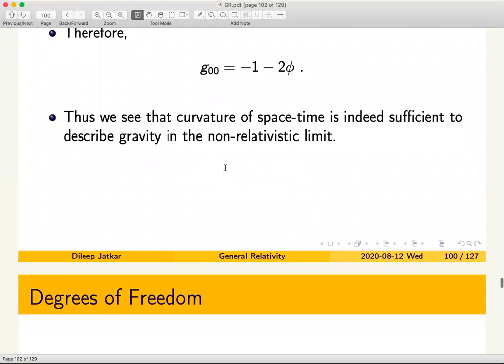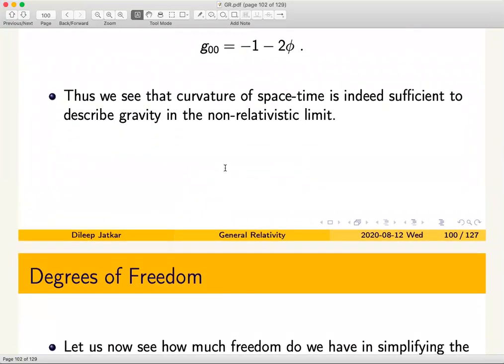So what we want to do now is to ask a question, given that we have seen a few things. We have seen that if you pick a particular coordinate system around a particular point, you have sufficient freedom to bring the metric at that point to be the flat Minkowski space metric. And then we have shown that the geodesic equation in the neighborhood of any point can be brought into a straight line equation.